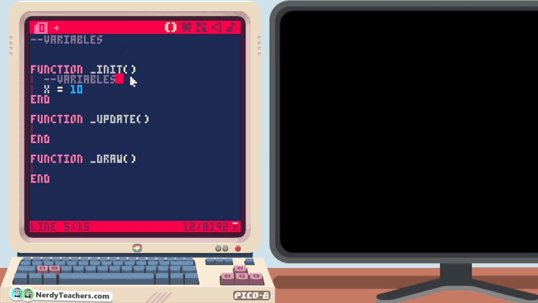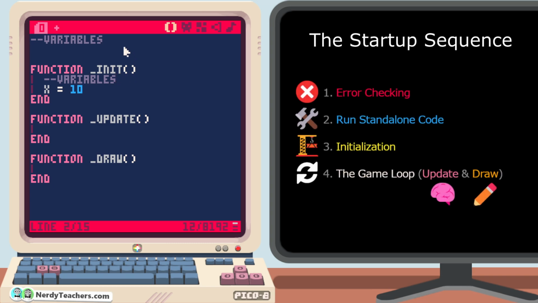So what's the difference, and how do we know where to put which variables? The main difference is in the startup sequence of the game. Any code we write up here is outside of any function in what we call standalone code. So we could call variables we put up here standalone variables, while init holds our starting variables. Just like the starting positions of the chess pieces, this x variable could be the starting position of the player